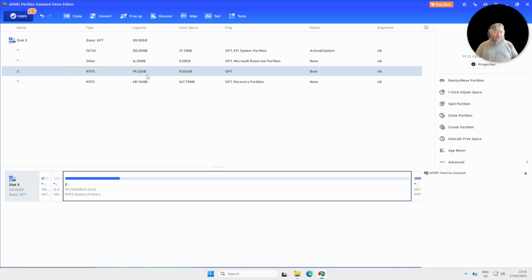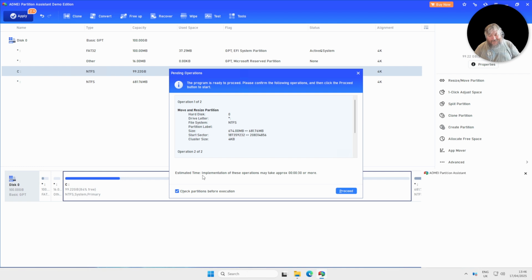Now, I could have done all this with GParted if I was paying attention, but I did it in two passes. I moved the recovery partition to the end of the disk first, which then moved the unallocated space in front of the operating system partition, and then we moved that up in two processes. I could have done the same here. We could have done one process to move it to the end, then another change. But anyway, I'm going to click apply, and this is where things are a little bit different, because what now happens is